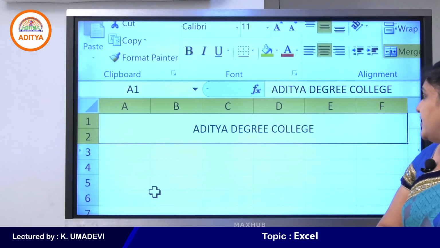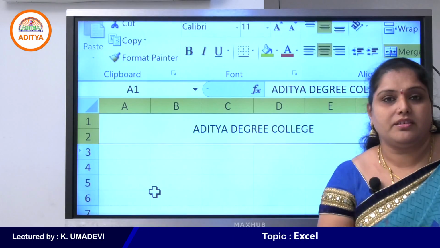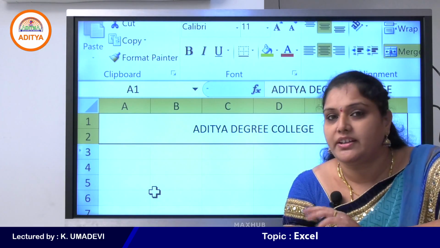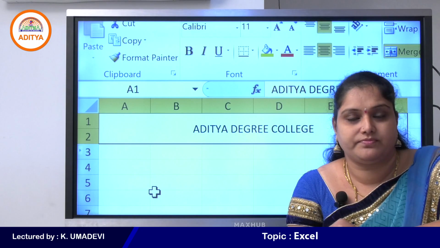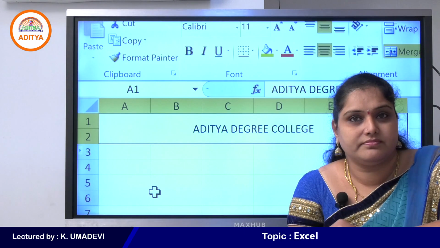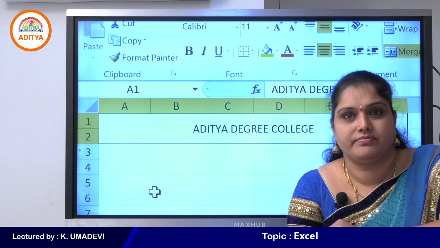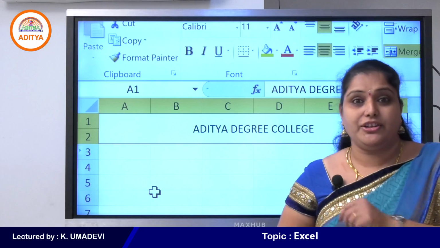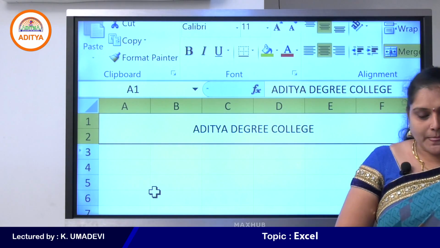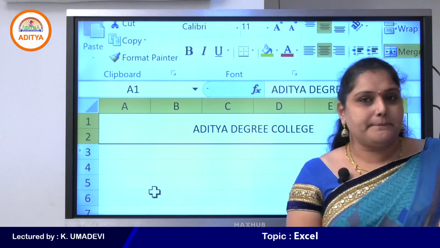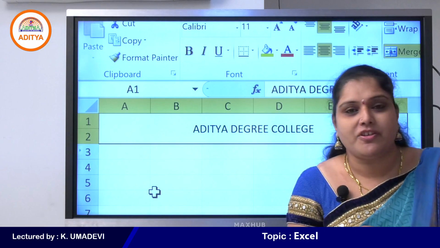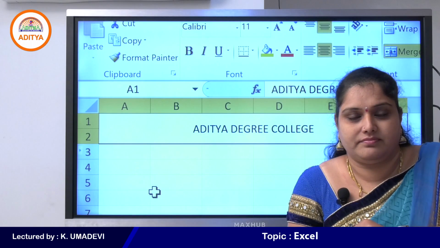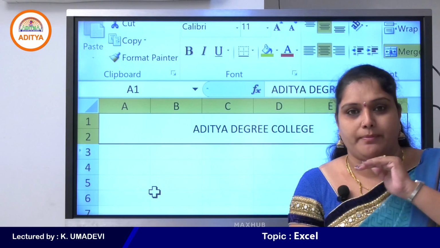So now, okay students, how can we enter a new line in MS Word? How can we enter a new line in MS Word? Come on students, please respond. How can we enter a new line in MS Word? So if you want to enter a new line in MS Word document,